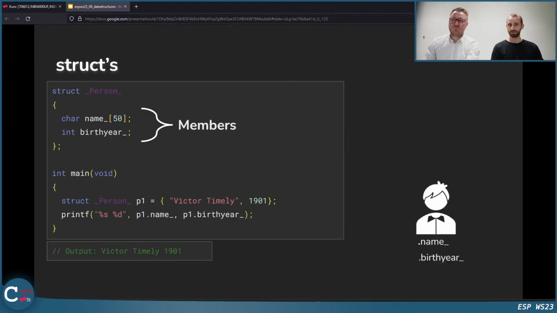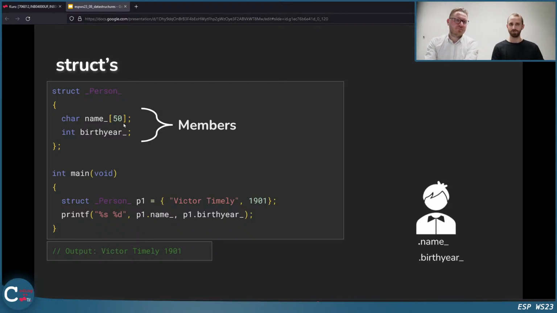Then we talked about structs. A struct is just a combination of things which may belong together. In this case, we had a person with a name with a maximum of 50 characters, which should be sufficient for most of the names here. And every person has also a birth year, hopefully.